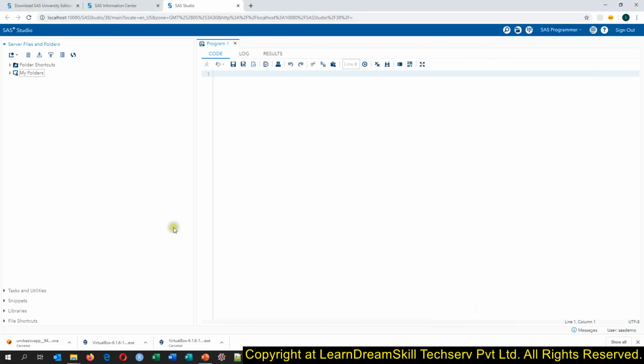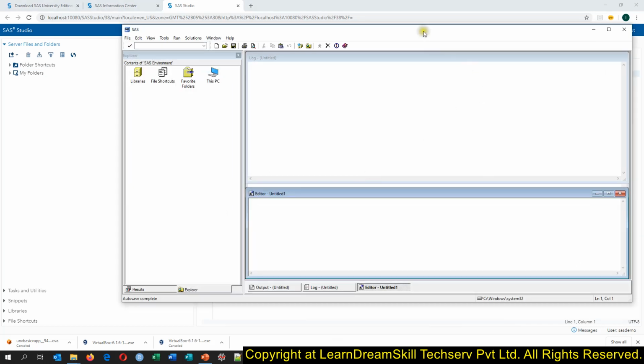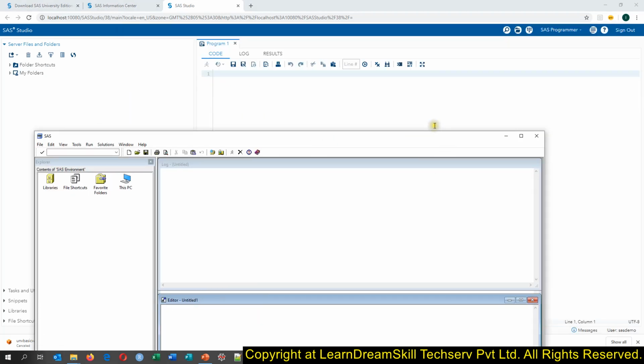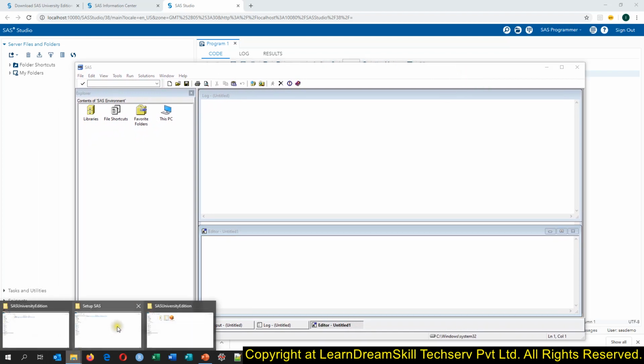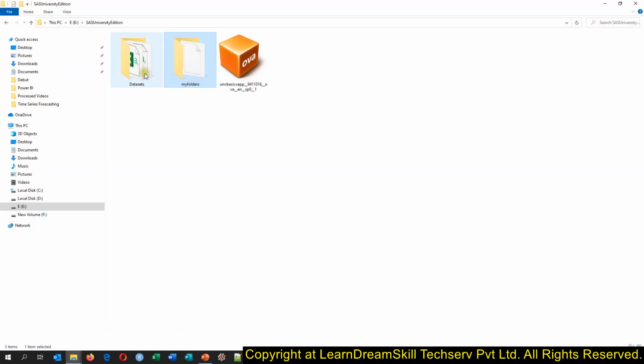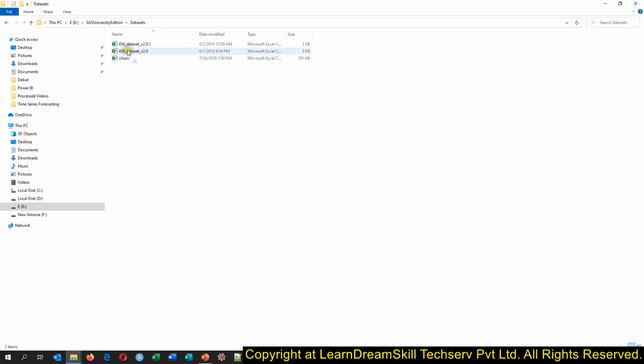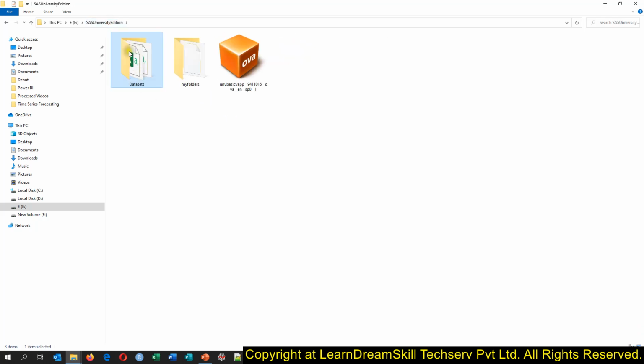So this look and feel is different between both, but all the functionality will run the same way. Okay. So how can we identify that? SAS setup. We have one folder here. You just see datasets. We can drag this folder, see, we have this data, and drop it here in My Folders.